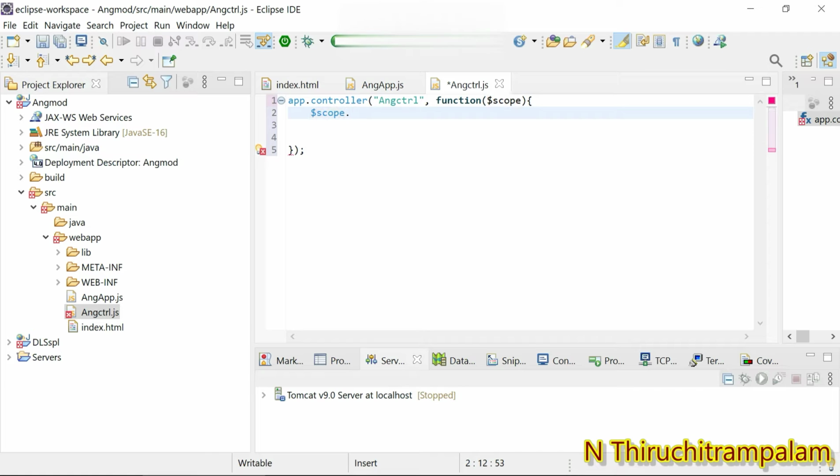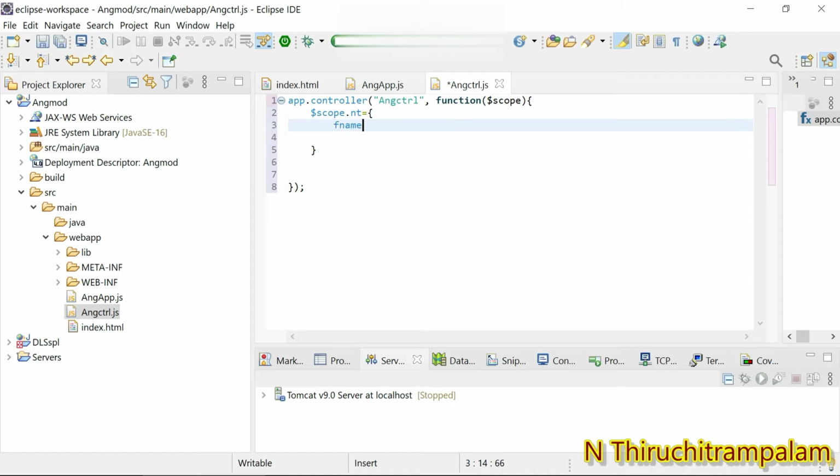So how do I create? scope dot, the property name is nt. Okay, and then within parenthesis I'm going to give the key value pairs.